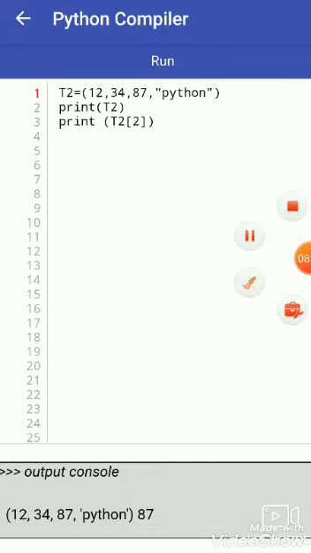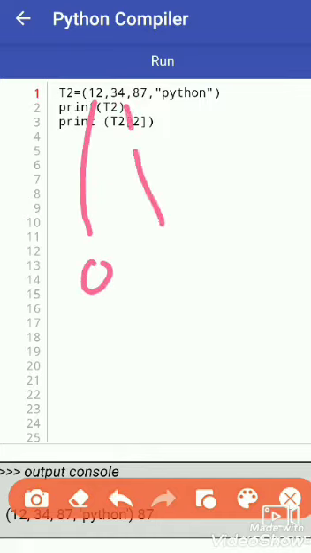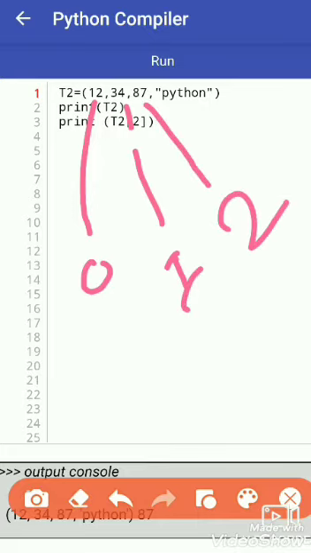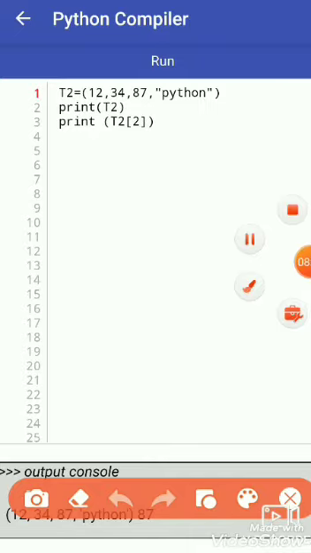So the same as this: 12 is at 0 index number, 3 at 1 index number and 87 at 2 index number. So when we give here index number 2, it gives us the value 87.